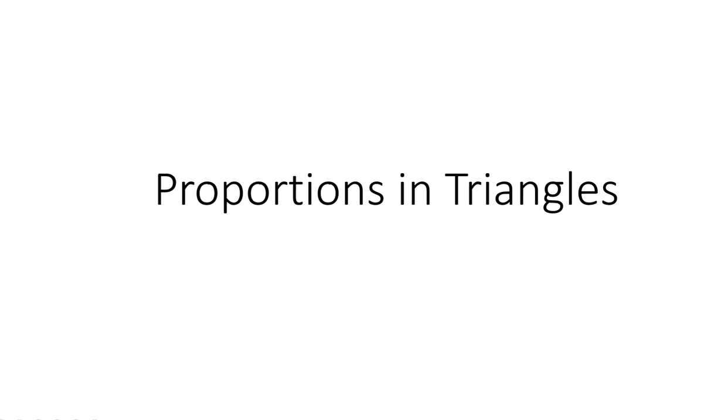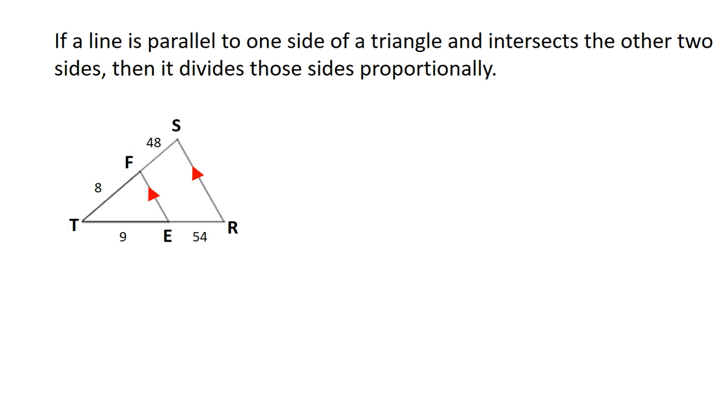In this video, we are going to be looking at the proportions property in triangles. So if a line is parallel to one side of a triangle and intersects the other two sides, then it divides those sides proportionally. So for example, we have this triangle that's being intersected by a line FE, and it's